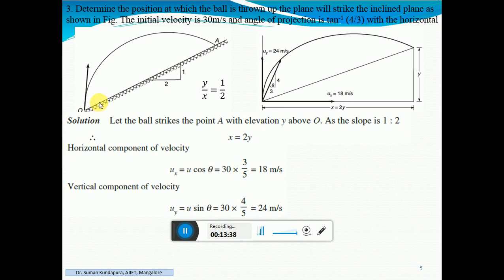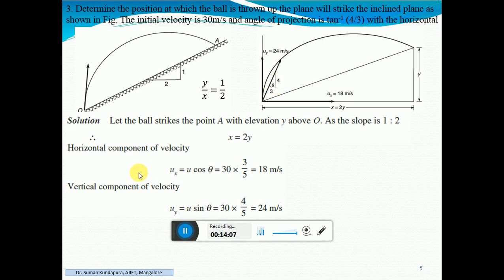Okay. So now let us consider that as 3 in x, and in vertical it is 4. So if you take the right angle triangle here, the hypotenuse will be 5 here, correct? So what will be cos theta? Cos theta will be adjacent side by the hypotenuse. Sin theta will be opposite side by hypotenuse.